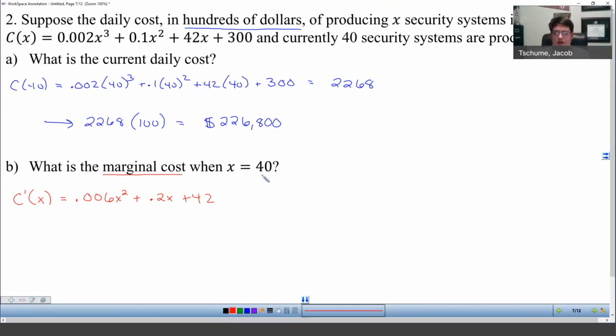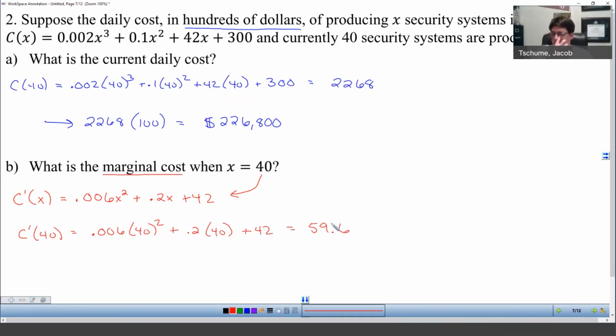And then I want to plug 40 into this derivative. So C prime of 40 would be 0.006 times 40 squared plus 0.2 times 40 plus 42. Let me type all this in again. 40 squared. Oops, wrong button. Hang on, plus 0.2 times 40 plus 42. This gives me